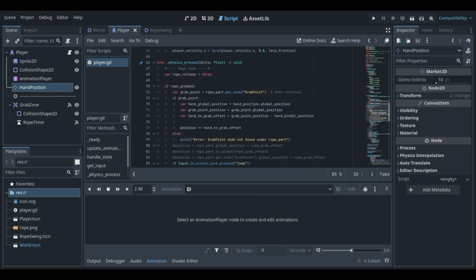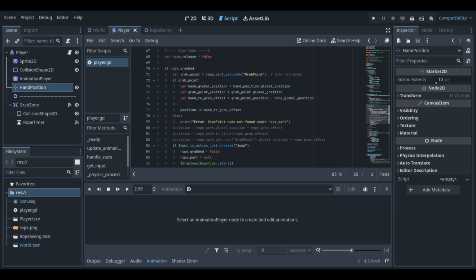And we have a function for _physics_process(delta: float). So this is the code for the rope. Then we have a variable for rope_release is equal to false. If rope_grab, var grab_point is equal to rope_part.get_node(grab_point), so maybe for safe retrieval.